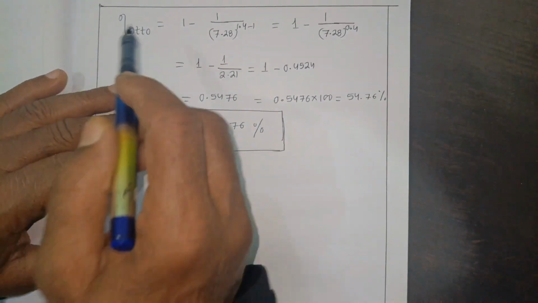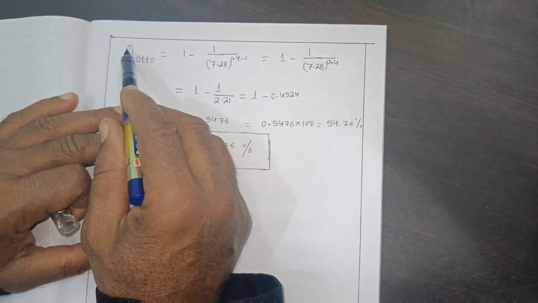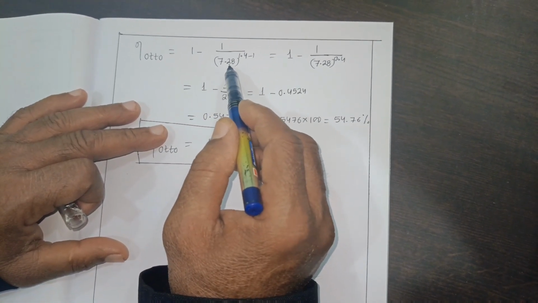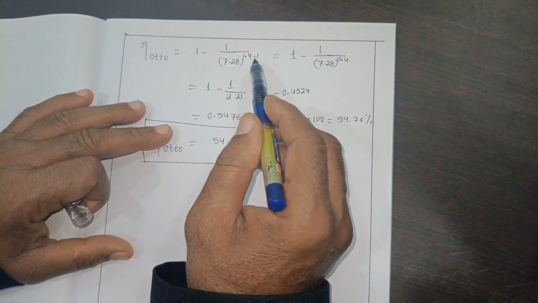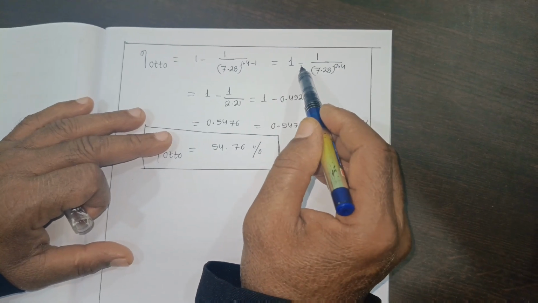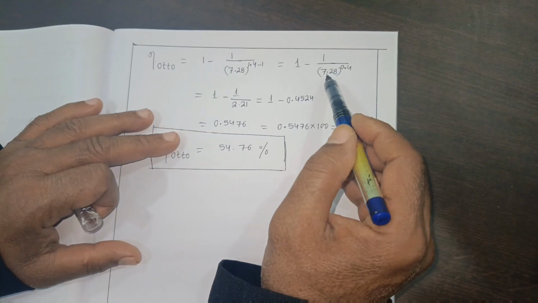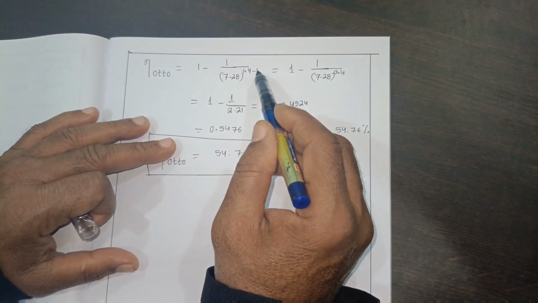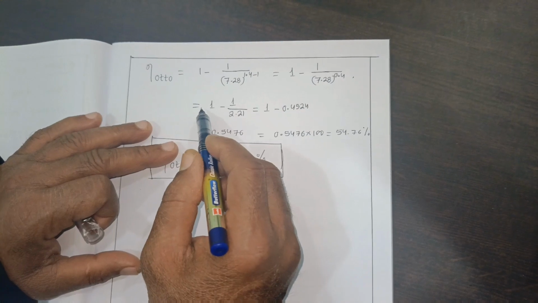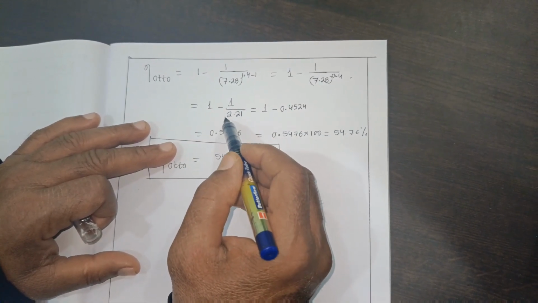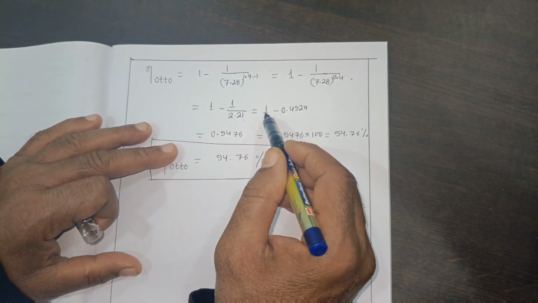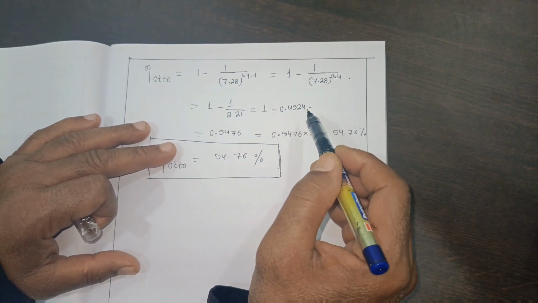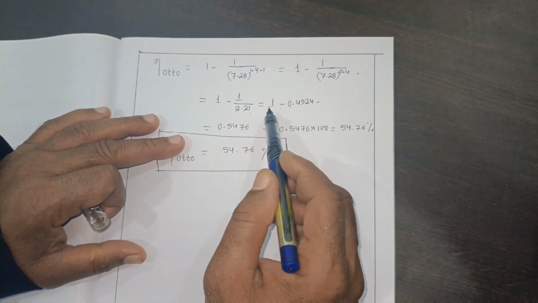After putting the values we have, this is the symbol for efficiency, eta Otto, 1 minus 1 by 7.28 to the power 1.4 minus 1 is equal to 1 minus 1 by 7.28 to the power 0.4, because 1.4 minus 1 is equal to 0.4, is equal to 1 minus 1 by 2.21 is equal to 1 minus 0.4524. Then after subtracting from 1,